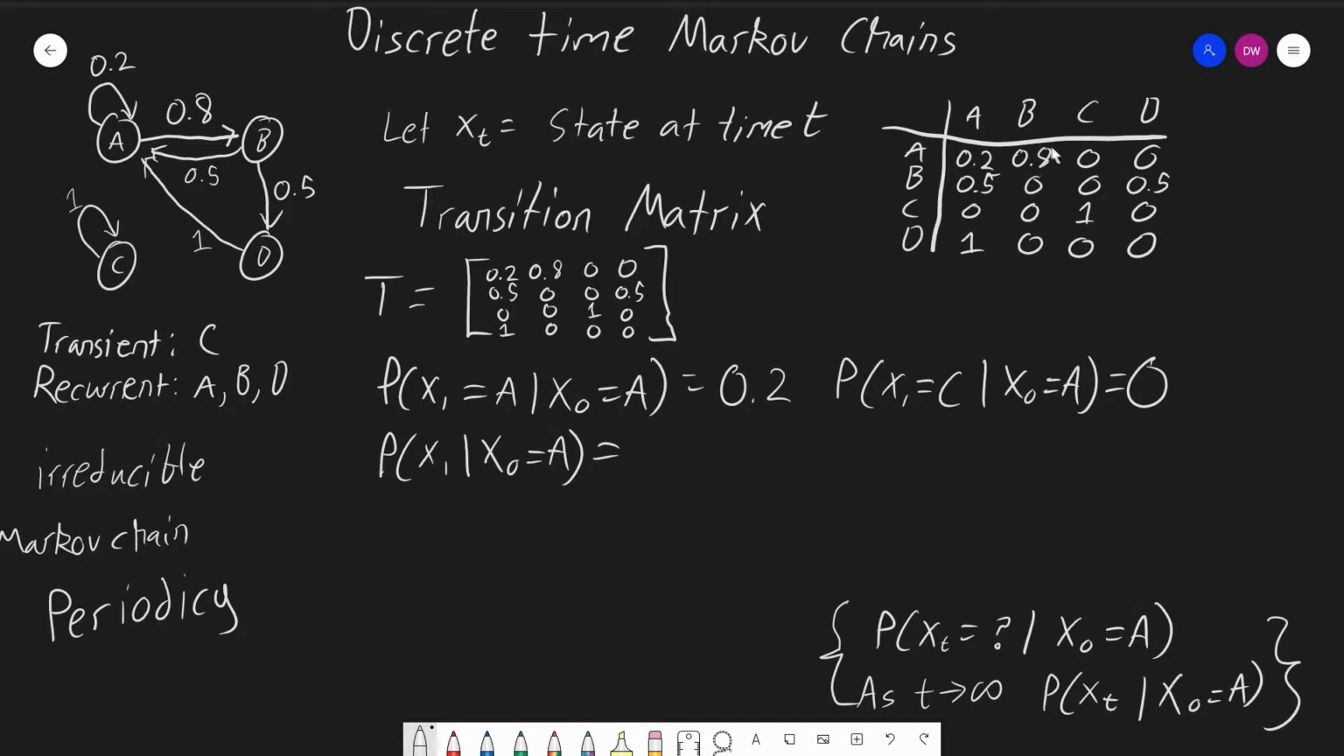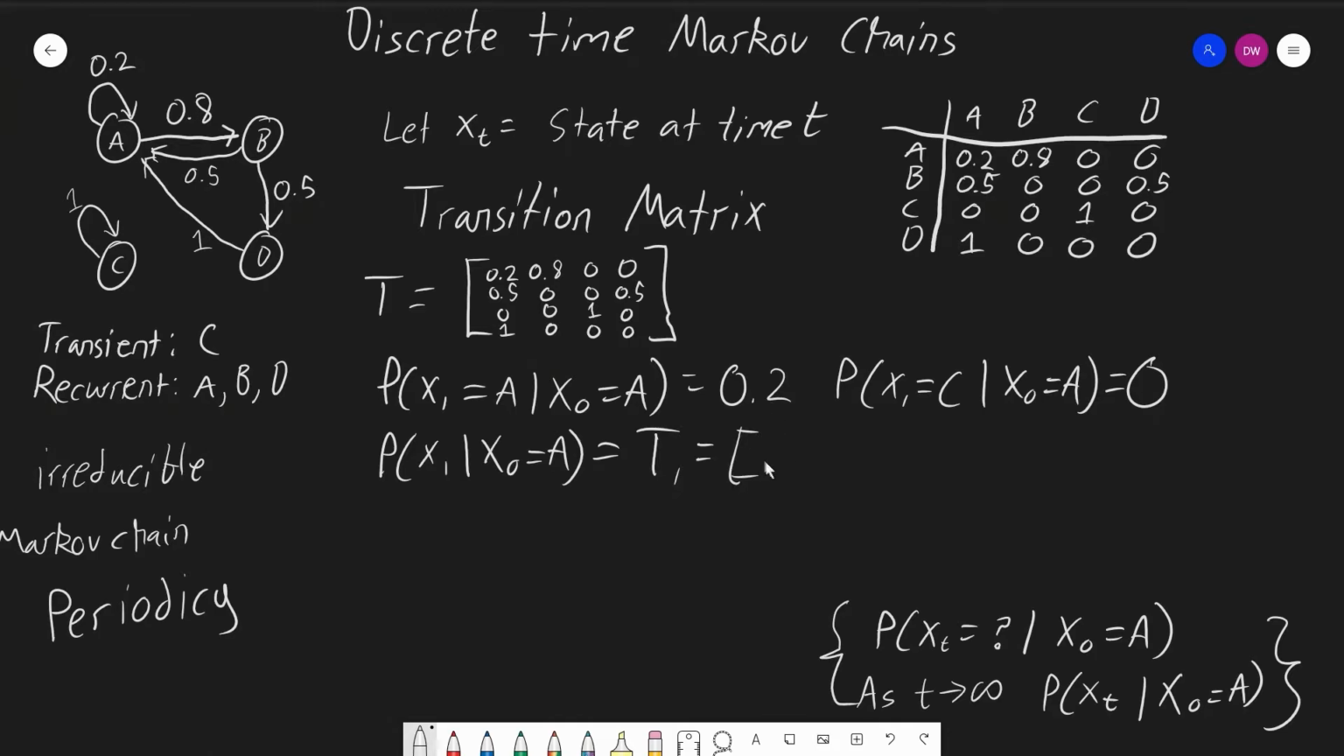Wait, does D go to A? Yeah, D does go to A. Okay, sorry, I just wanted to check my math real quick. So here we are, and what this actually is, sorry, it's not the first column, it'd be the first row. That's where I got thrown off. So this one here would be transition matrix row 1. And that would equal,